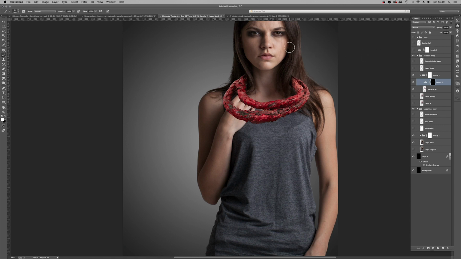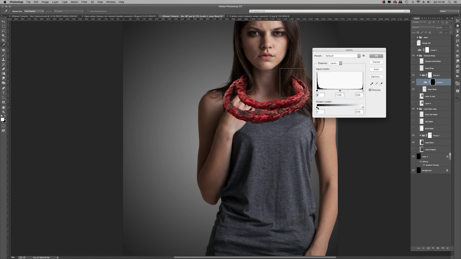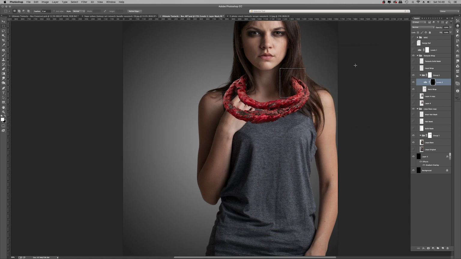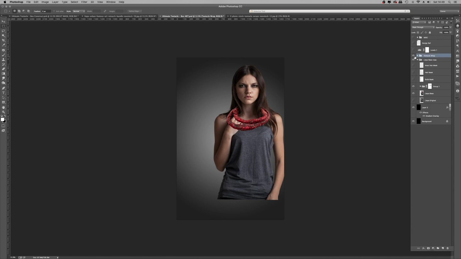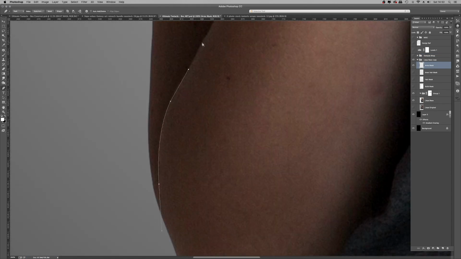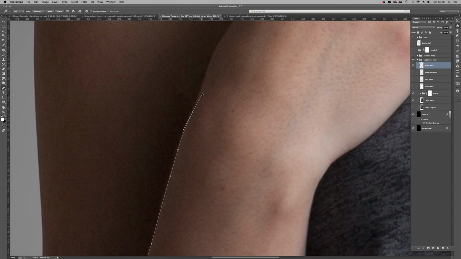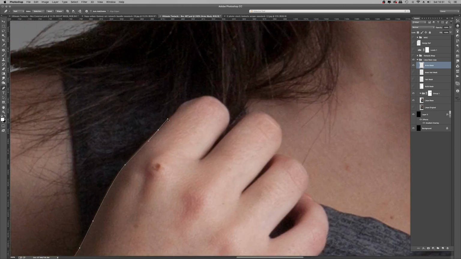Now I'm going to show you a small trick here. Going to create a marquee selection, and with the levels adjustment layer visible, I'm going to use the black and white sliders on the output levels just to control how deep I want that particular shadow to be. And I find when you're working with layer masks, that can be a very effective way to selectively increase or decrease the black levels and control the transparency that way.